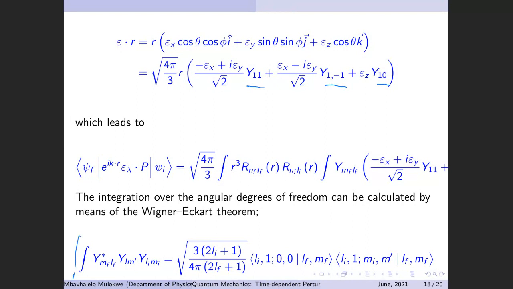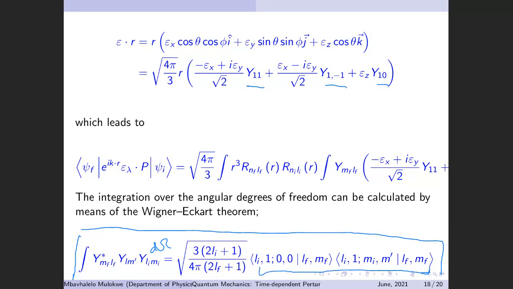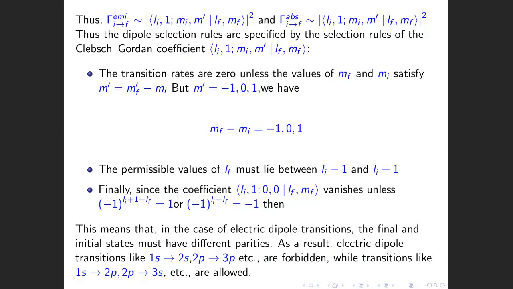And then you make use of this result, the triple integral over omega of three spherical harmonics, which are given by these Clebsch-Gordan coefficients. There are selection rules for Clebsch-Gordan coefficients. So using those selection rules, we find that for these types of transitions, they are 0 unless